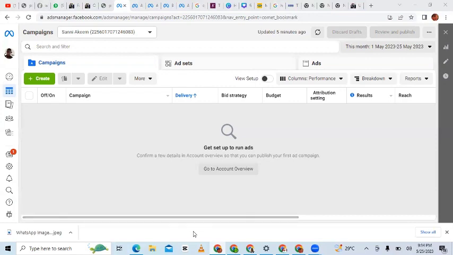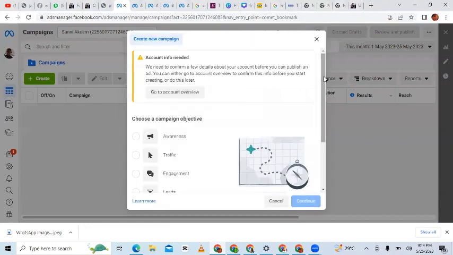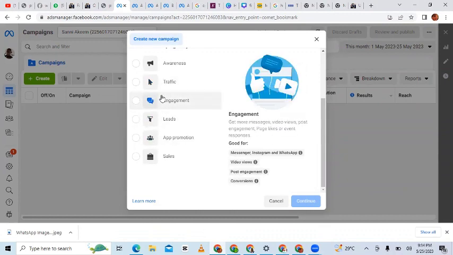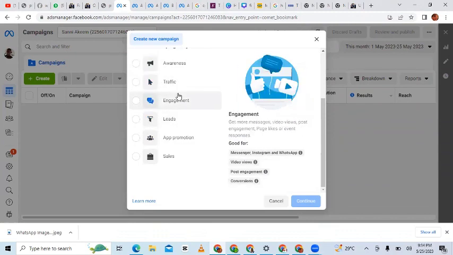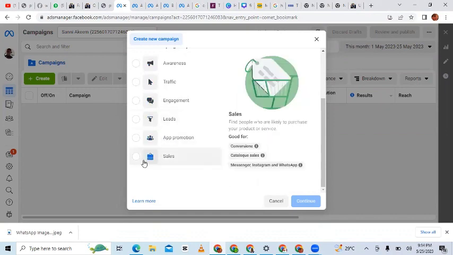Okay, so when we are talking about how to run ads from a pixel, what is a pixel? If you come here and you click on create, let's say you want to create a new ad, you would see there are so many different kinds of ads. There is the awareness ad, the traffic ad, the engagement ad, the lead ad, the app promotion, and the sales ad. The sales ad, if you click on it and click on continue,